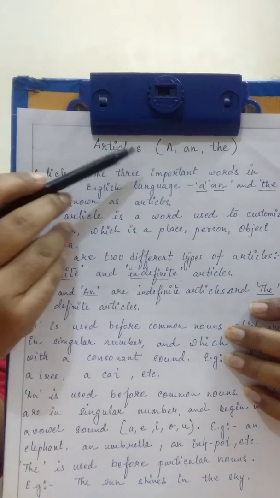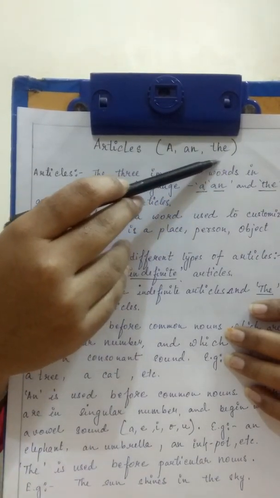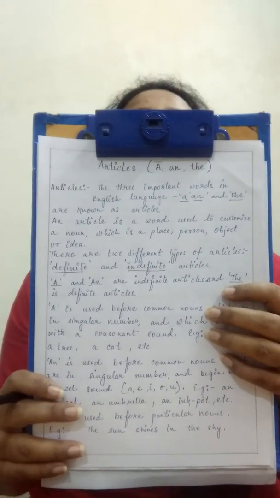Okay class, this I am explaining to you. You will do this in the CW exercise book. So first you will write second terminal. Then I am reading it. First you will give the heading, Articles: A, An and The. This will be the heading. I request all the children to write it neat and clean. Now you will write Article.